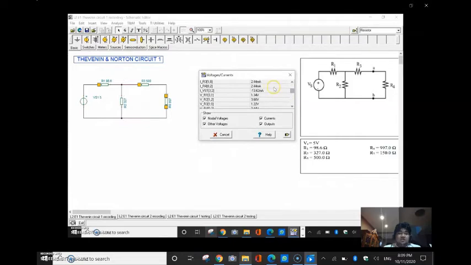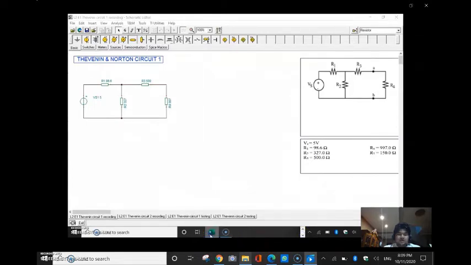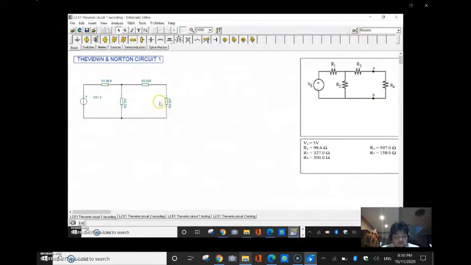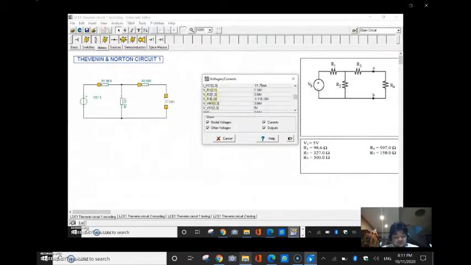Firstly, we must obtain the value of IR4 and VR4. The value of VR4 is 2.44 volts, and the value of IR4 is 0.0024 ampere or 2.4 milliampere. We will then log the values into the table in Excel. And then we will replace R4 with an open circuit of VM to measure the potential difference at the open circuit VM across terminal